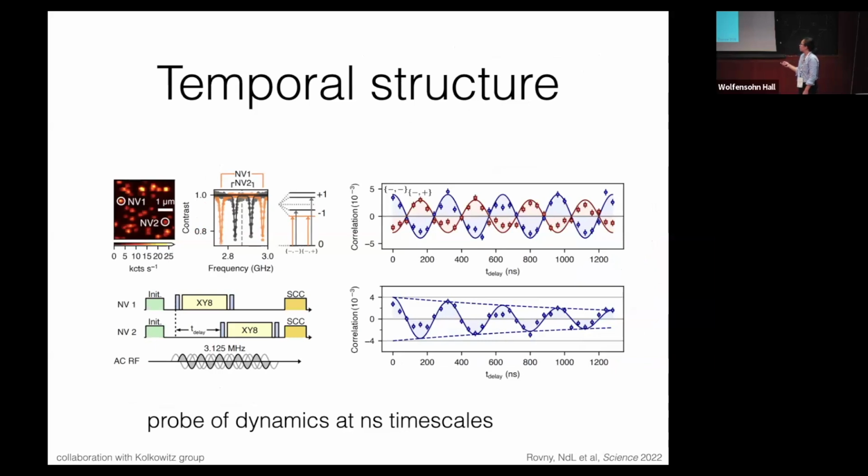So if I can pick two NV centers that have different magnetic resonance frequencies, in this case, they're just different orientations with respect to the magnetic field, then I can use independent microwave control to change the timing of the sequence. So what I can do is start the clock on the first NV center, wait some very short time delay, and then start the clock on the second NV center. And now what this gives me is a probe of not only these correlation functions, but the temporal dynamics of